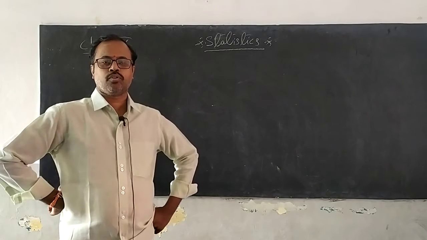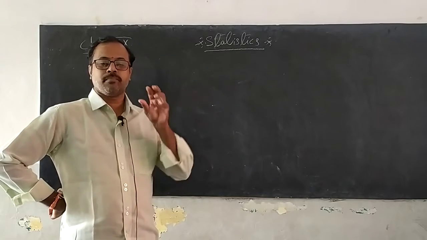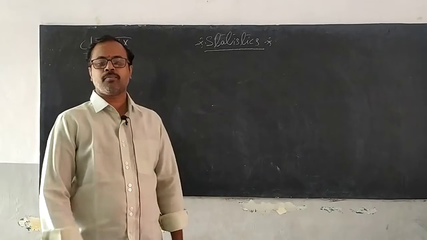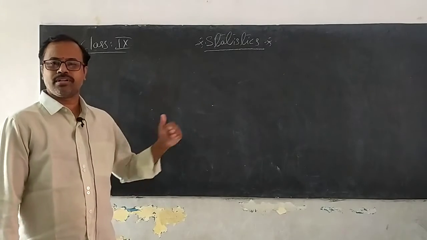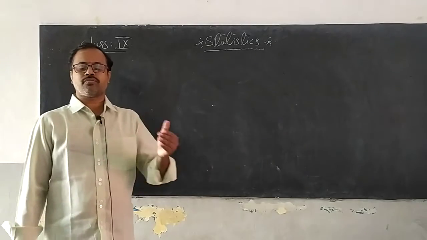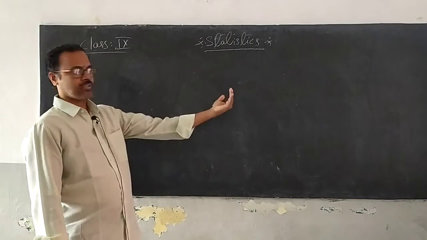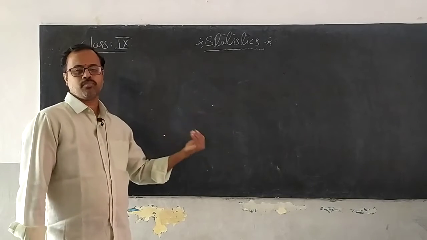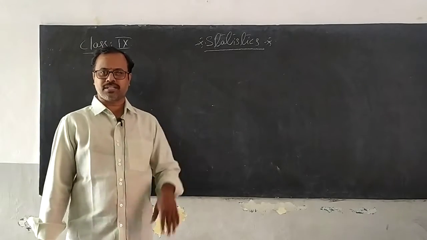Yeah, so we completed the first exercise. After that one, we entered into the most important concept that you want to learn in statistics. That is about the central tendency. Yesterday, in the previous video, we discussed what is meant by central tendency and what are the different measures of central tendency. They are mean, median and mode. I said you there, where do you use mean, where do you use median and where do you use mode? Okay, right. Now let us see about the arithmetic mean in detail.